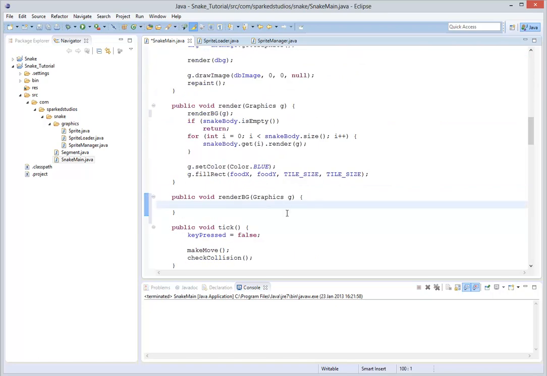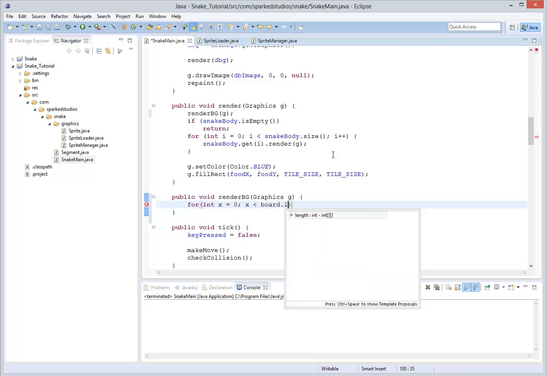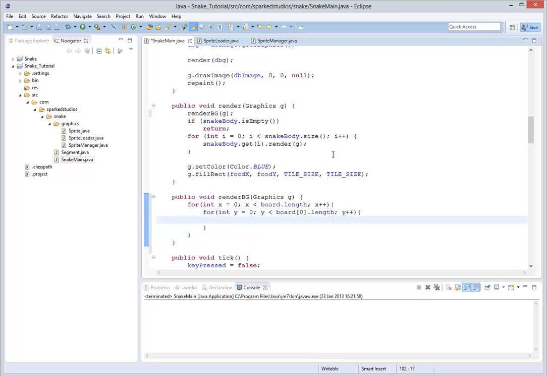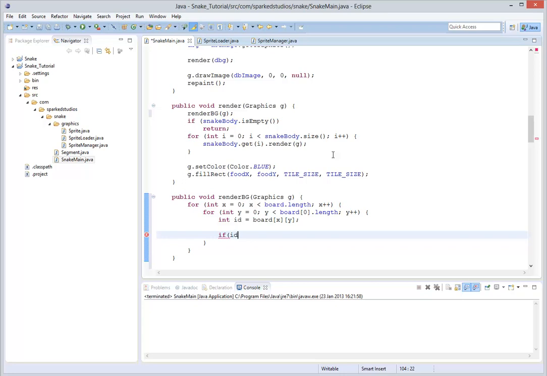Now we're going to use that to have solid tiles and different tile styles. So in here we can say for int x equals 0, x is less than board.length, x plus plus. For int y equals 0, y is less than board[0].length, y plus plus. In fact, we'll say int id equals board[x][y]. If id equals 0, which it will do to start with because it's going to be a blank tile,